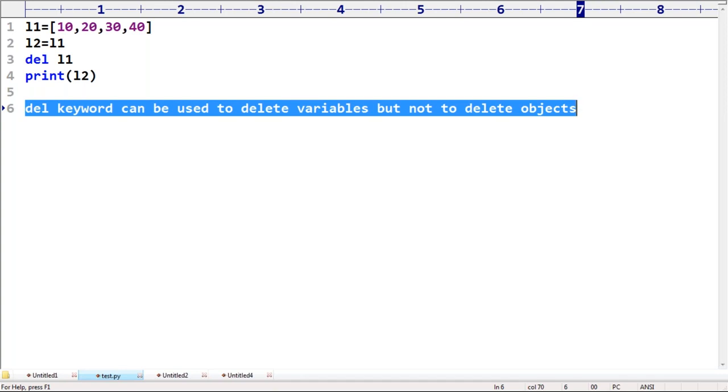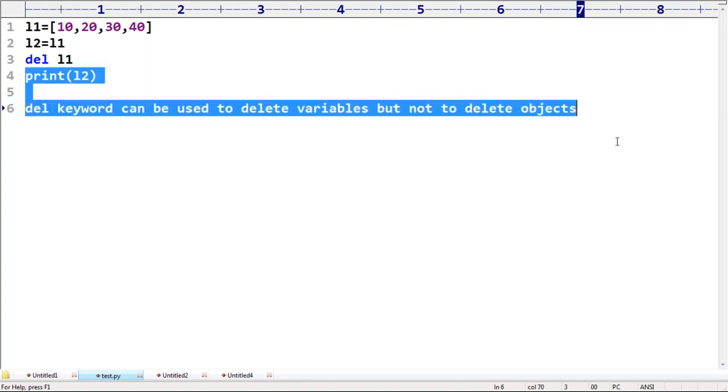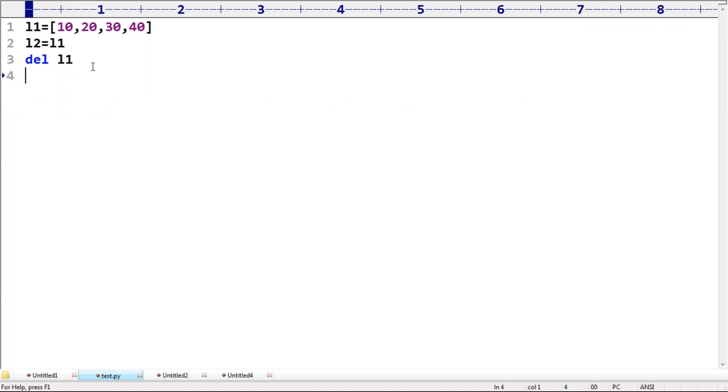How many variables can we delete? Very simple. You can delete multiple variables simultaneously. Suppose I want to delete L1 and L2 both: del L1, L2, and both are deleted.